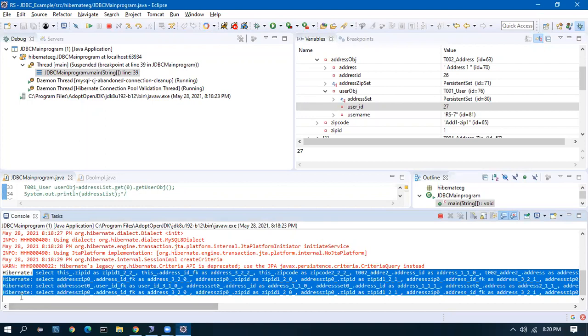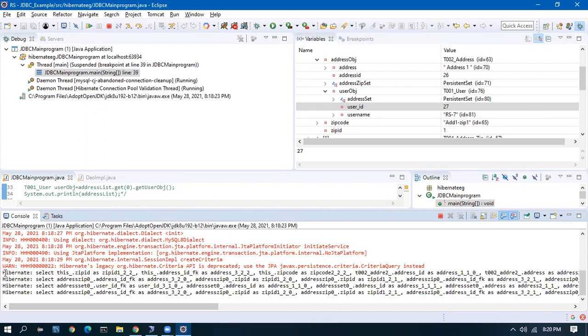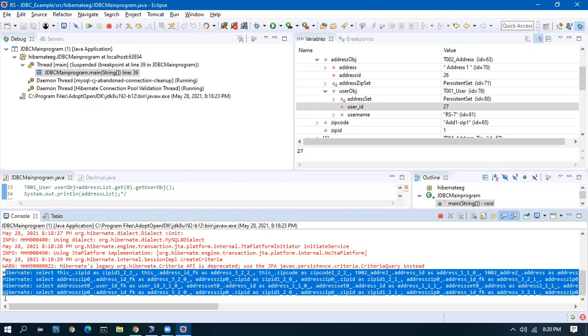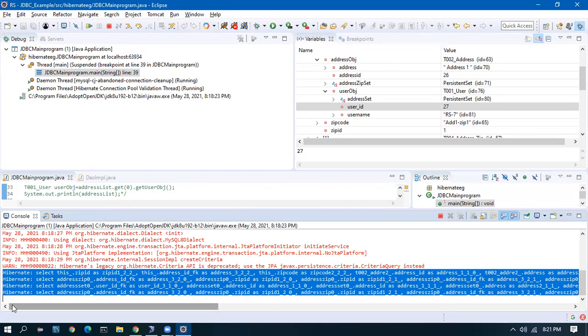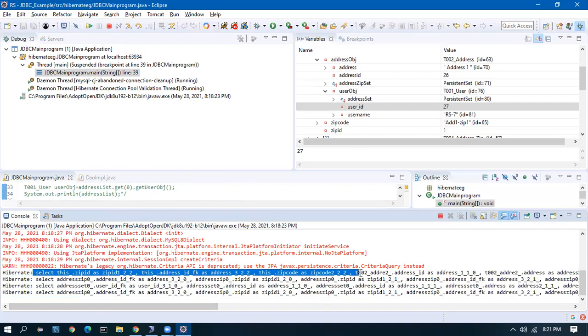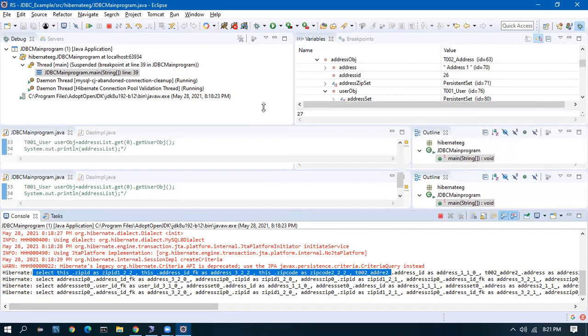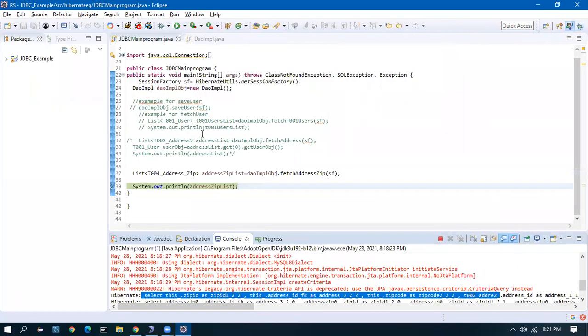These queries which you see here will be written by the SQL person. But in Hibernate, on the Java side, there is an option where we are not even writing these queries. Prior to Hibernate, you had to write this query manually, and you had to go to the JDBC section.